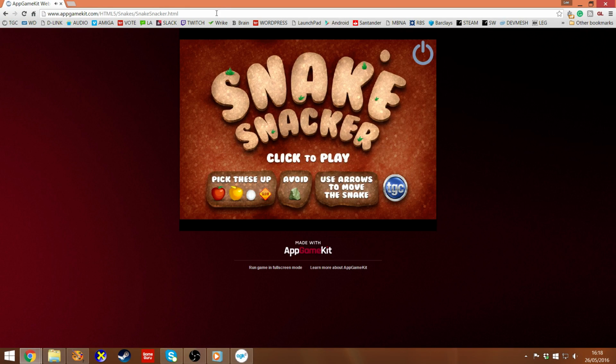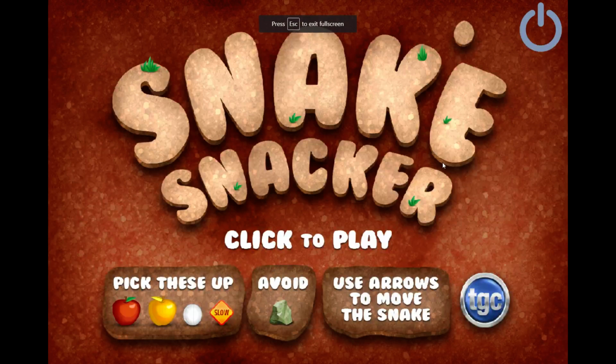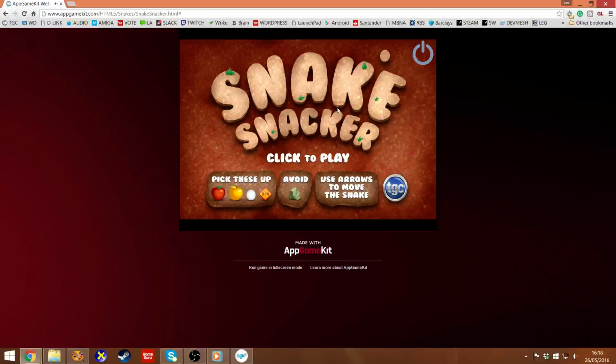And now, you've still got the music, click and play. You can run it in full screen mode if you want. I'll press escape to go back to regular browser mode. And like I said, the layout, like these buttons, you can change anytime you want. But here's the thing,